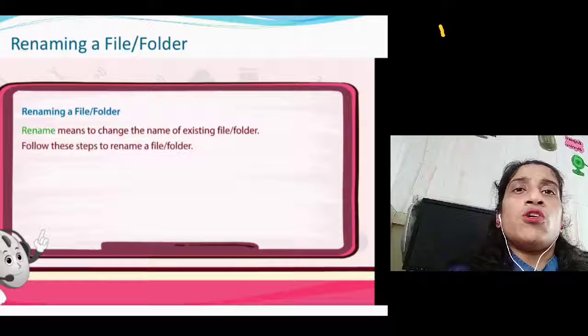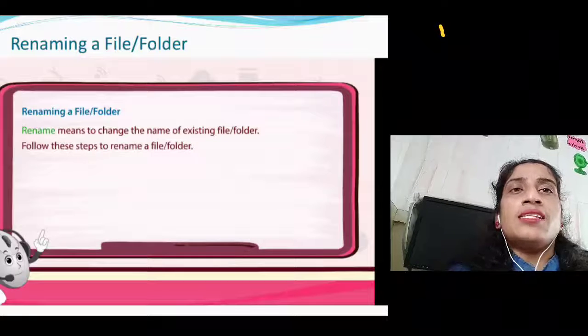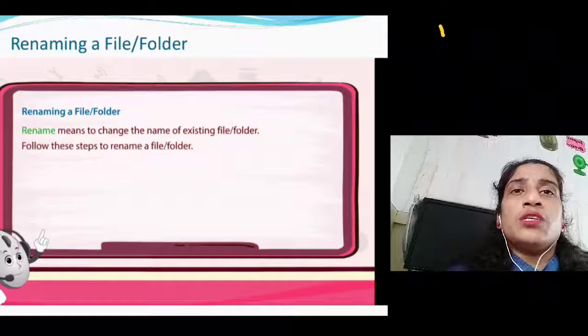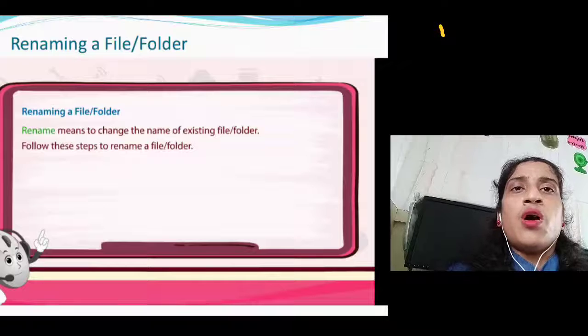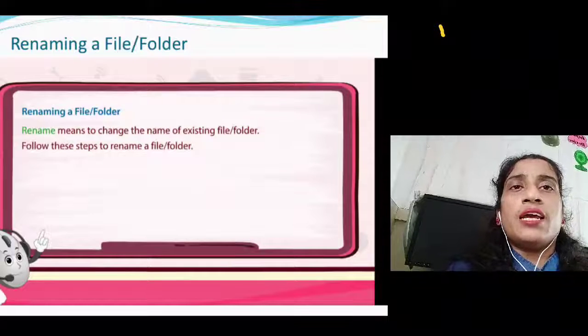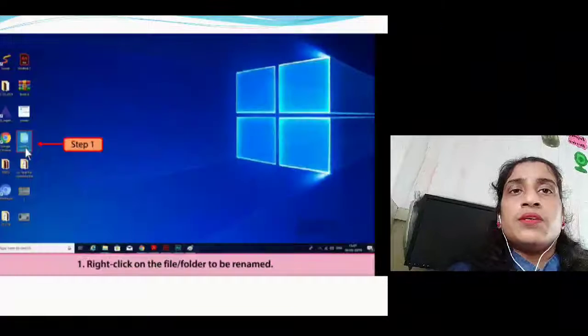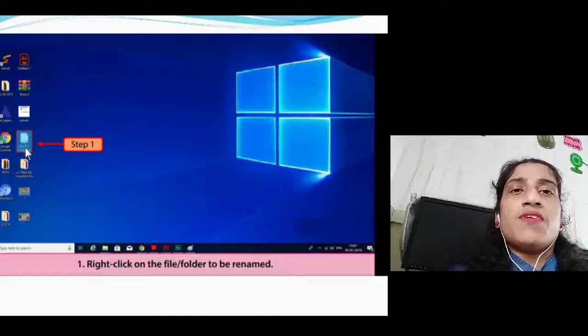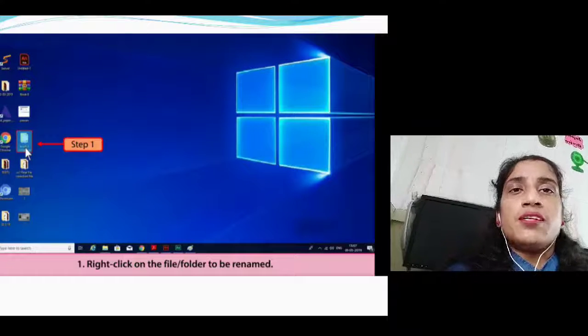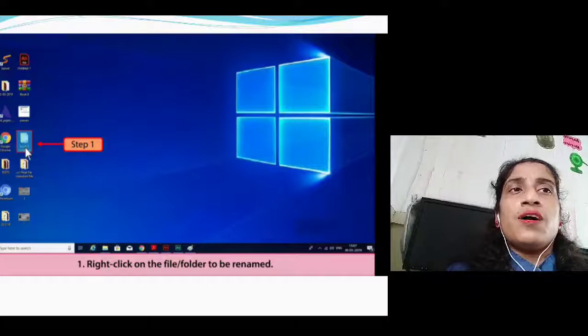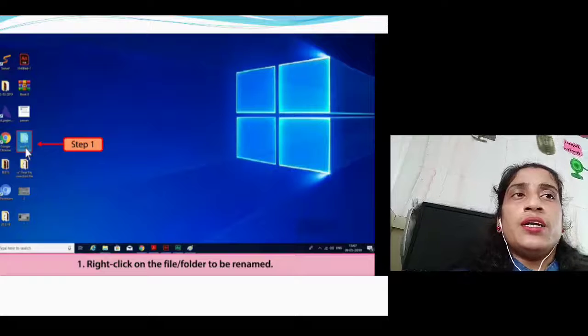So students, follow these steps to rename a file or folder. This is the first step for renaming a file or folder: right click on the file or folder to be renamed.